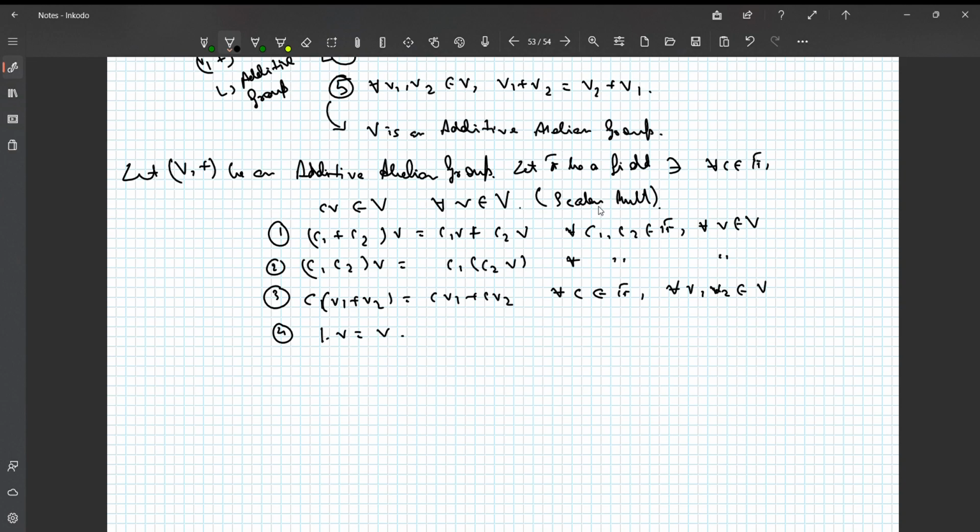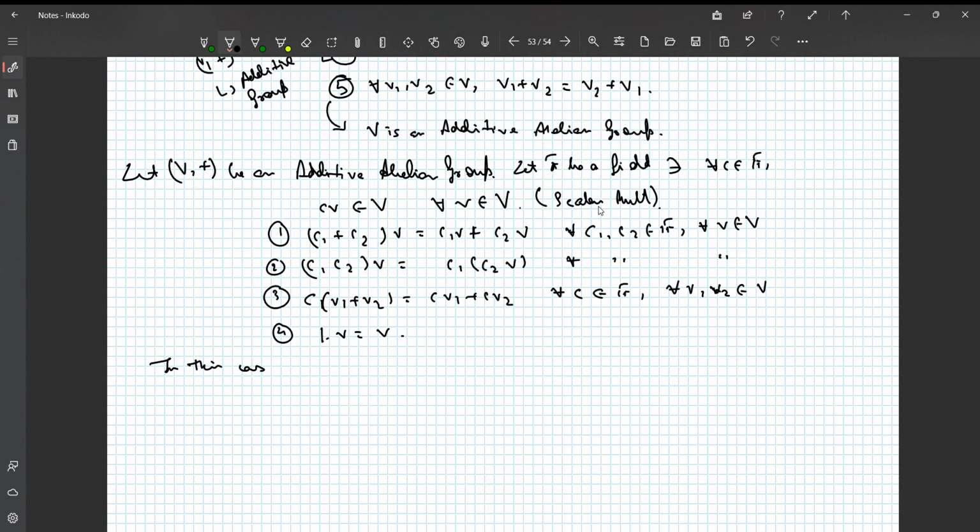Right? 1 is the multiplicative identity of the field. So a field structure is basically defined to be a kind of mixture of an additive abelian group and a multiplicative abelian group, right? So it has a multiplicative identity. We often call the multiplicative identity the unity. Okay. So the unity is basically symbolized as one, and it behaves as our algebraic one. So these four axioms need to hold, and the first five ones also. In this case, we say V is a vector space